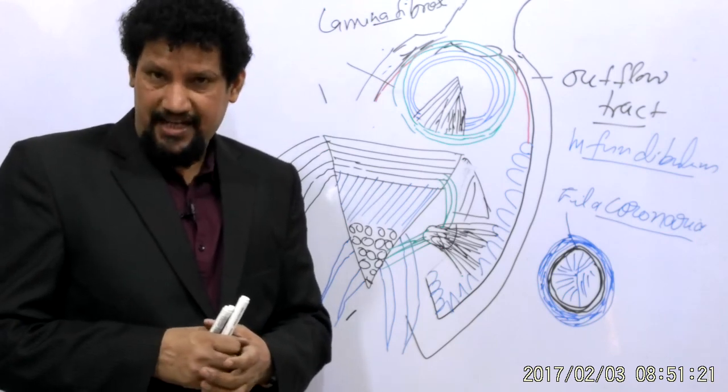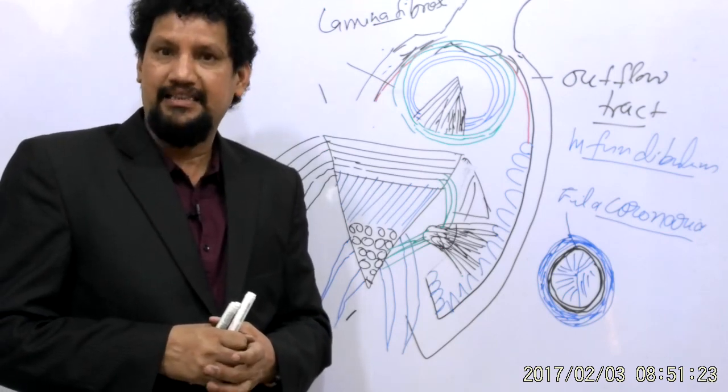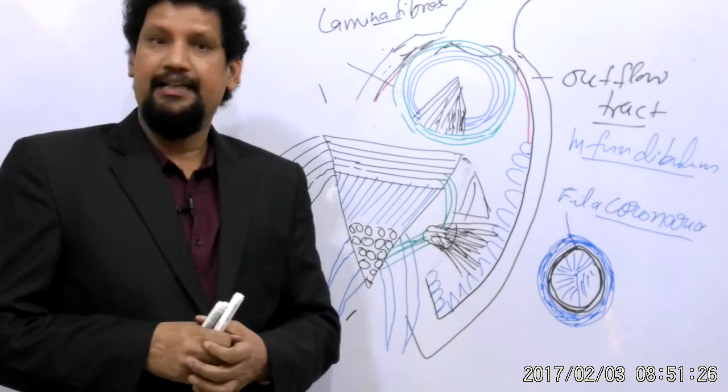Besides all these structures which are included in the tricuspid valve complex, the inflow tract of the right atrium is also having